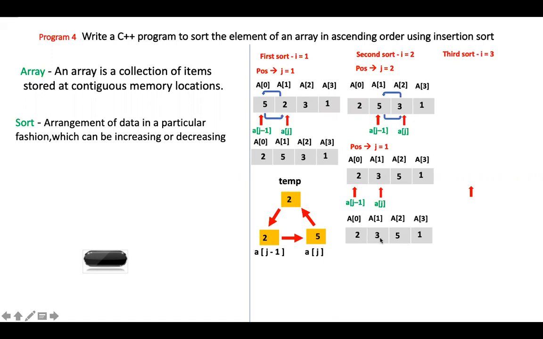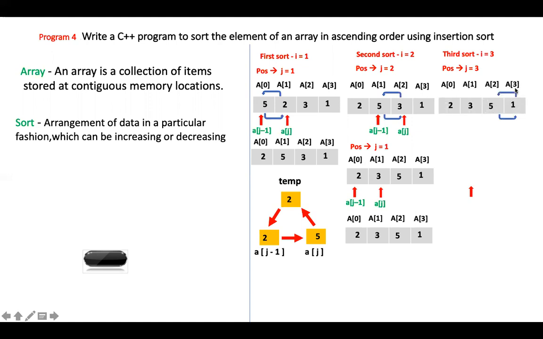Now, can you see, is it arranged fully in ascending order? No, because 1 is smaller. Yeah, no. Oh, 1 is smaller. Even still more arrangement should go on. So the third sort will be starting from i is equal to 3, which means the last memory location. So j also I'll take as 3.